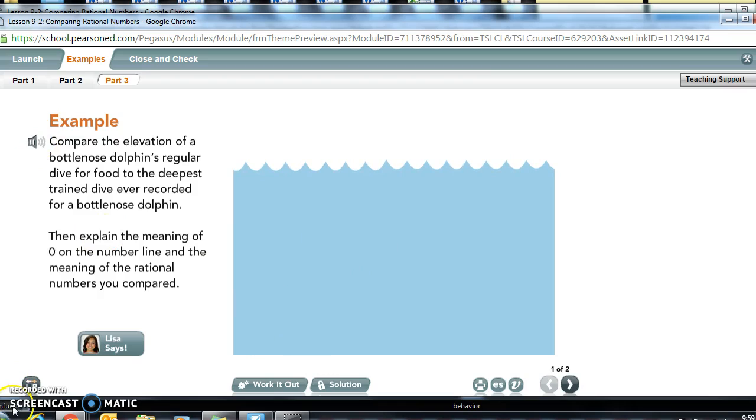Compare the elevation of a bottlenose dolphin's regular dive for food to the deepest trained dive ever recorded for a bottlenose dolphin. Then explain the meaning of 0 on the